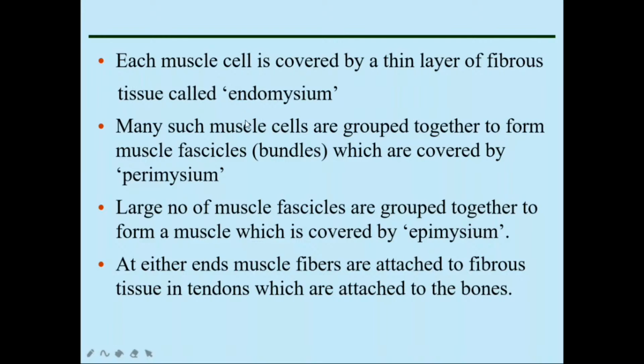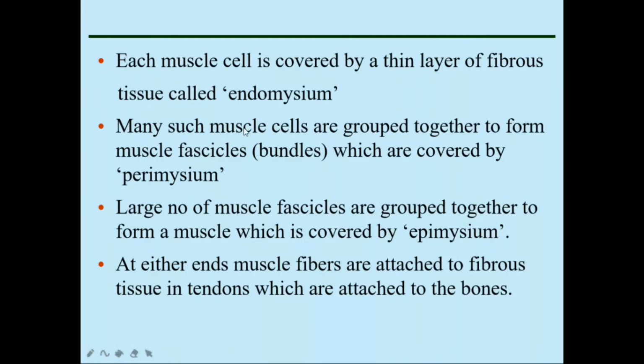Many such muscle cells are joined together to form muscle fascicles or muscle bundles, and these muscle bundles are covered by another layer of fibrous tissue which is called perimysium,